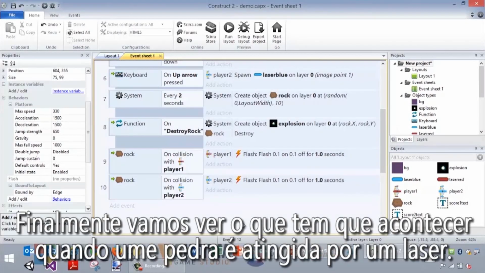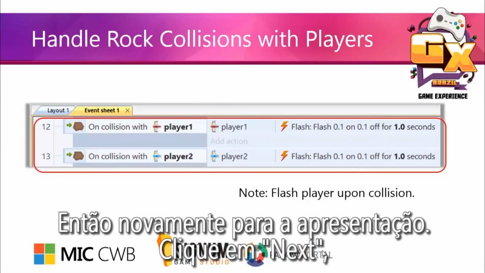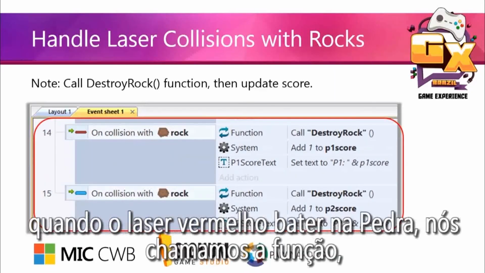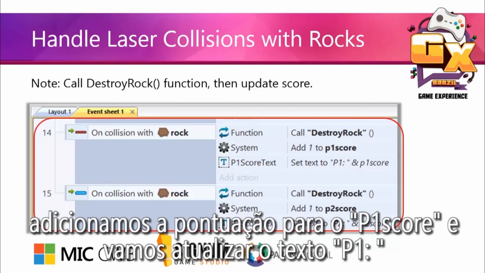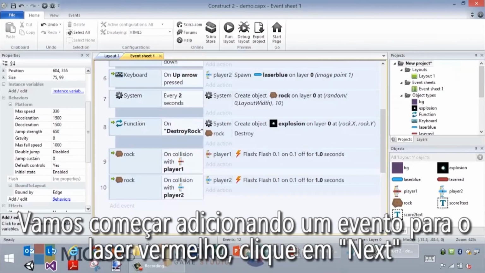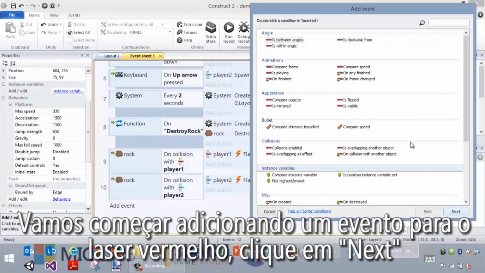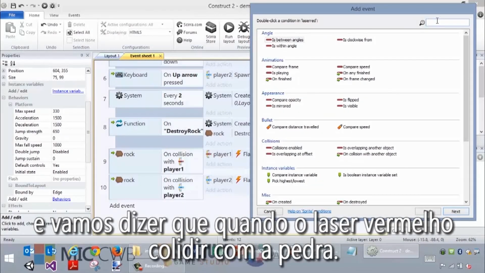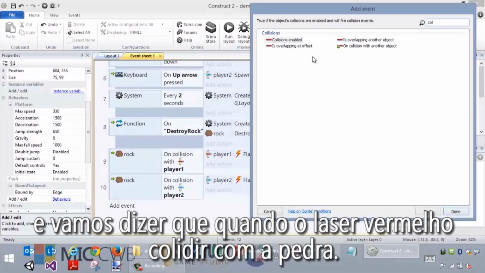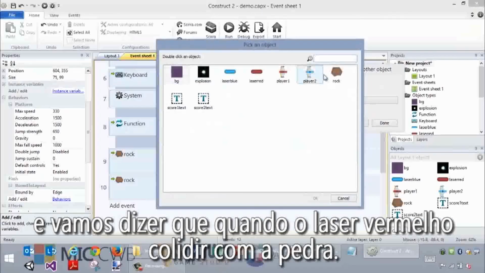Finally, let's figure out what happens when the rocks get hit by lasers. So again, back to the screenshots. Click Next. We see that when the red laser hits a rock, we call the function add the score to P1 score, and we're going to update the text box. Let's go ahead and add an event for the red laser. Click Next and say that when the red laser collides with a rock,